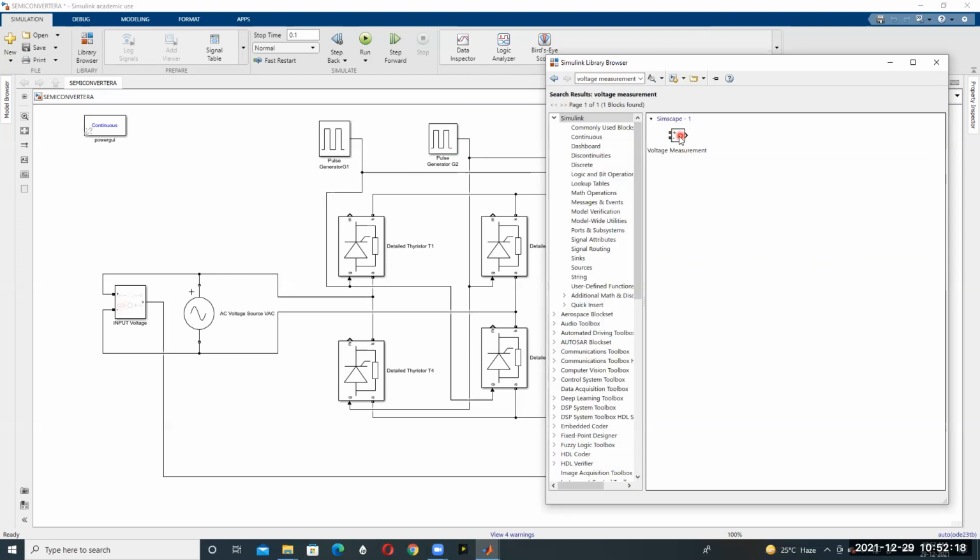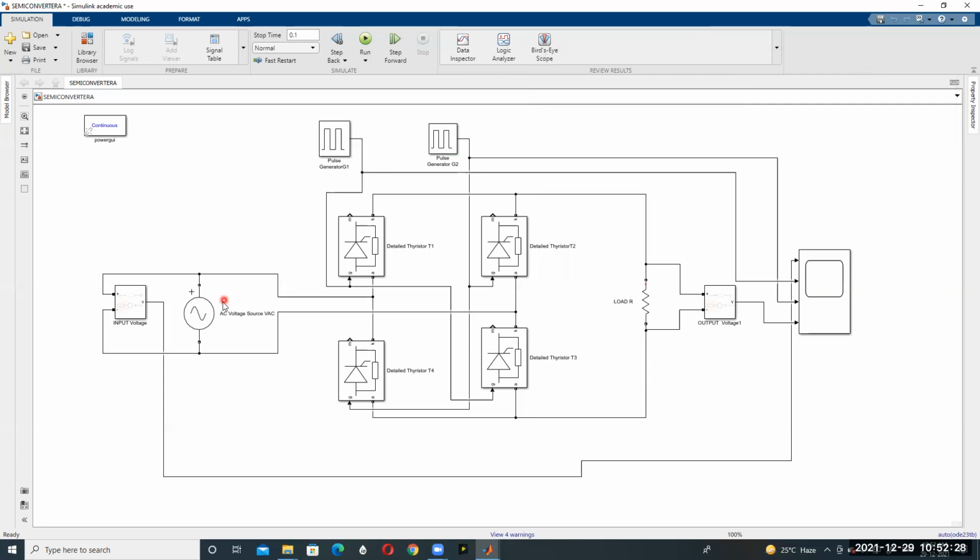Click on this voltage measurement and add to model. Connect the voltage measurement in parallel to our input voltage source. Similarly, if you want to measure the voltage across thyristor T1, T2, T4, connect a voltage measurement in parallel to the thyristor and then connect it to the scopes.